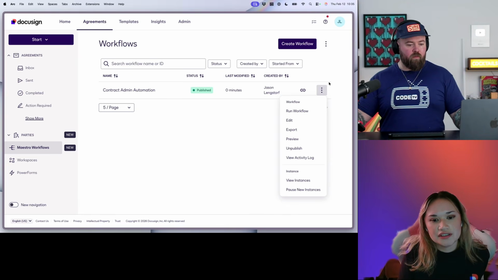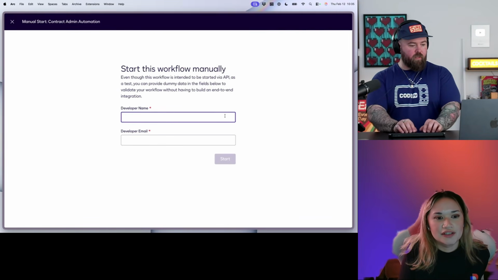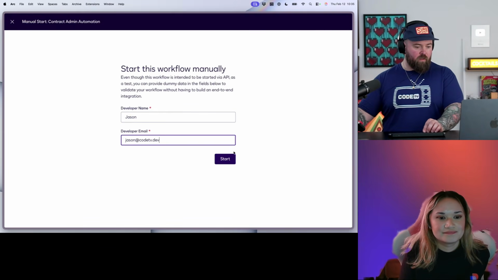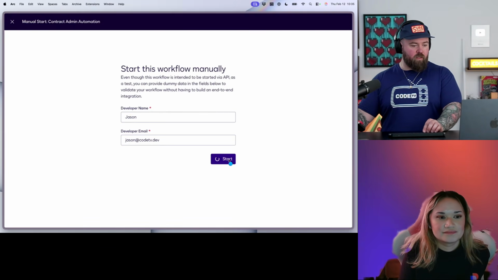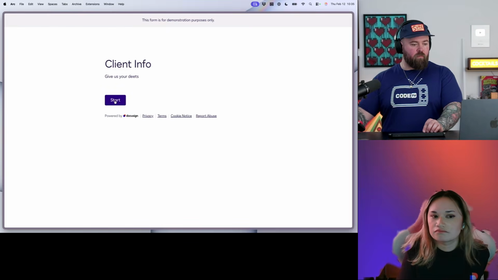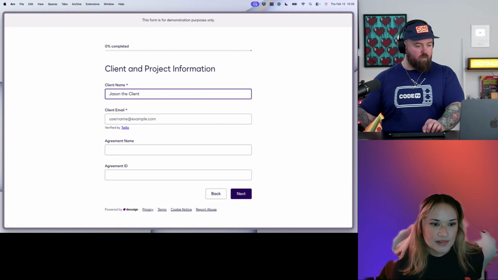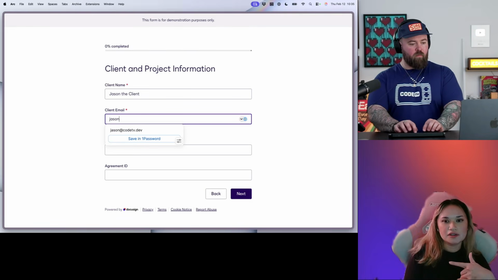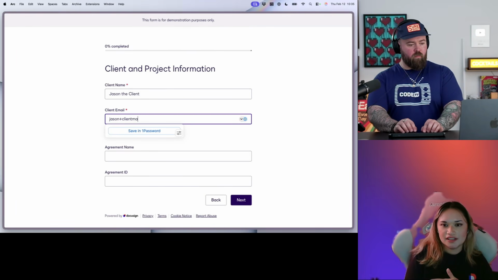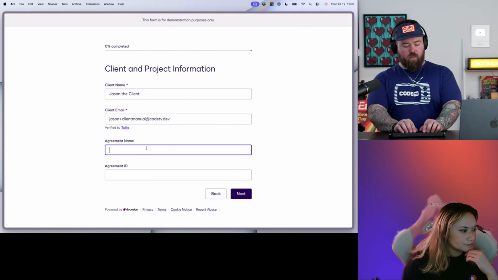So all you really have to do is hit run workflow. And then you pop this in manually. Okay, so we're going to do it like this. Again, these are variables you can set in a script, and it'll just accept that. So yeah, let's do it. We're going to do this twice. We're going to do it with the kickoff and without the kickoff box checked, so we can see those emails come through. Okay.